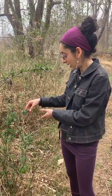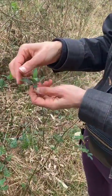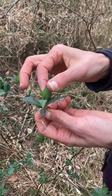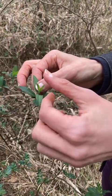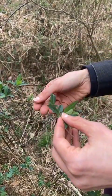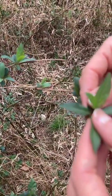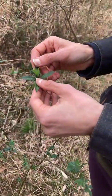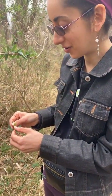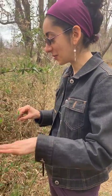And then right next to it we have this plant, which again, is not in flower yet. And as you can see, these leaves are very different, right? They're called entire, which means that they're smooth around the edges. And they're also growing opposite of each other on this woody kind of branch here. And so this is Japanese honeysuckle, Lonicera japonica, which is really cool that it's kind of intermingled with the rose because they're both